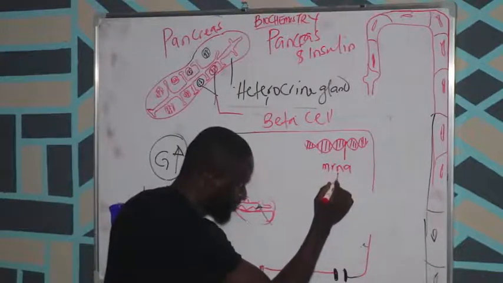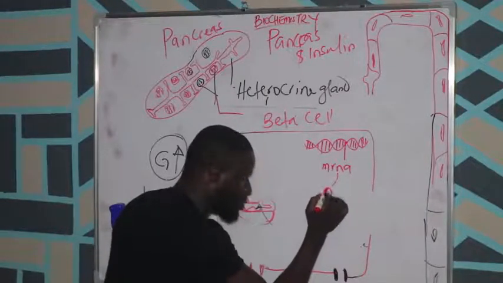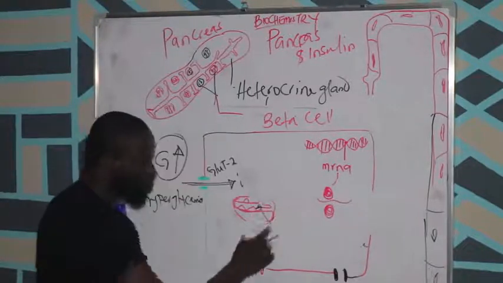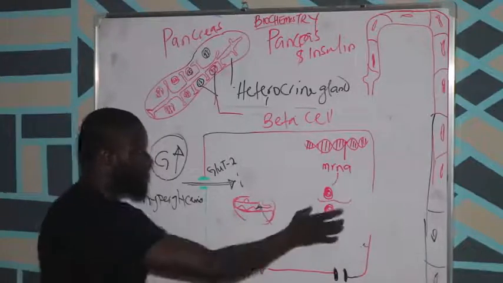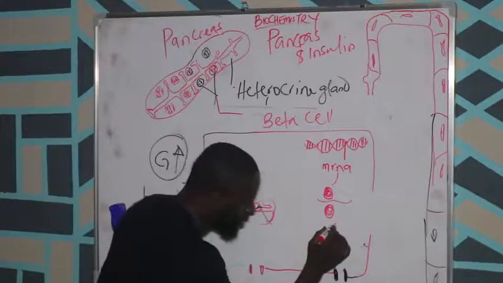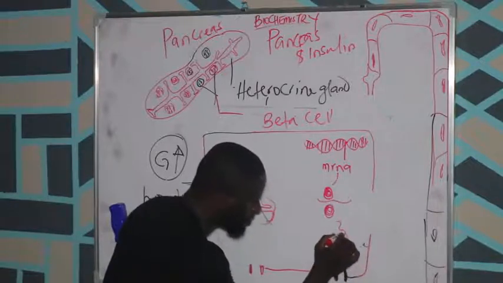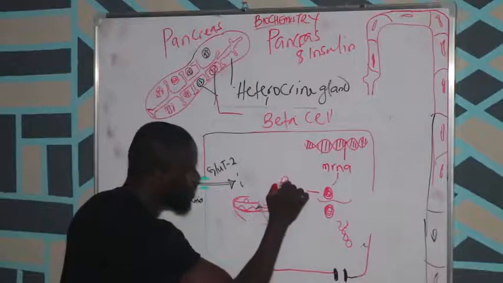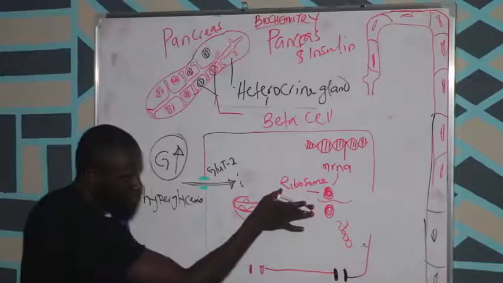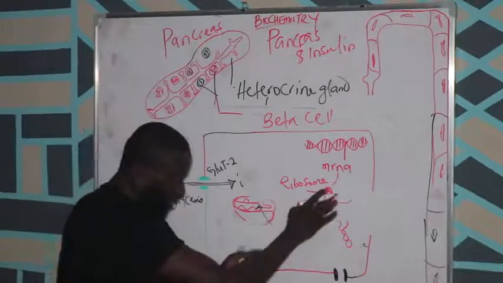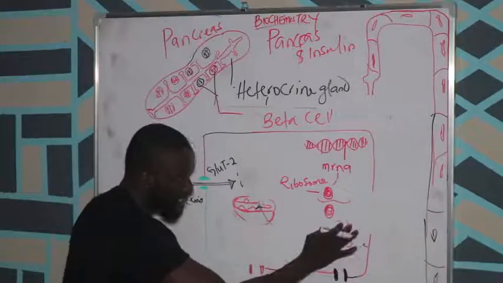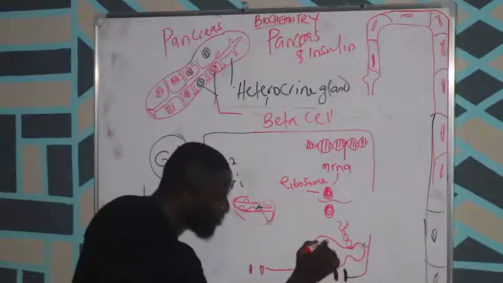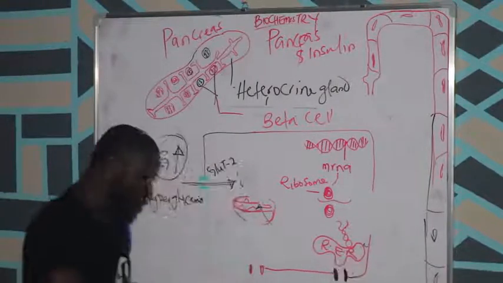This mRNA comes out and meets with the ribosome. Okay, it meets with the ribosome because we need to translate this message. So when it meets with the ribosome, it becomes a protein, a protein subunit. The ribosome now translates this and becomes a protein. The protein now is being attached to a rough endoplasmic reticulum. When you have little modification in